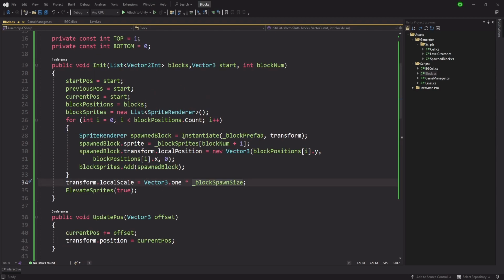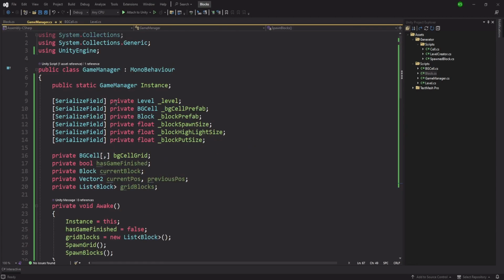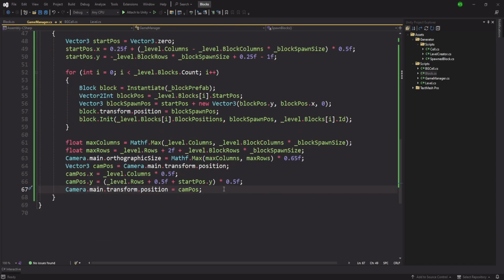Okay, local position. We just pass the y and the x. That is not the problem. That is completely correct. But here, inside our game manager where we set the position,